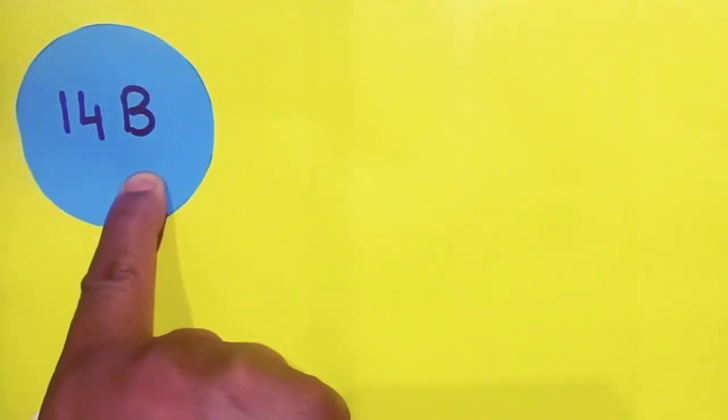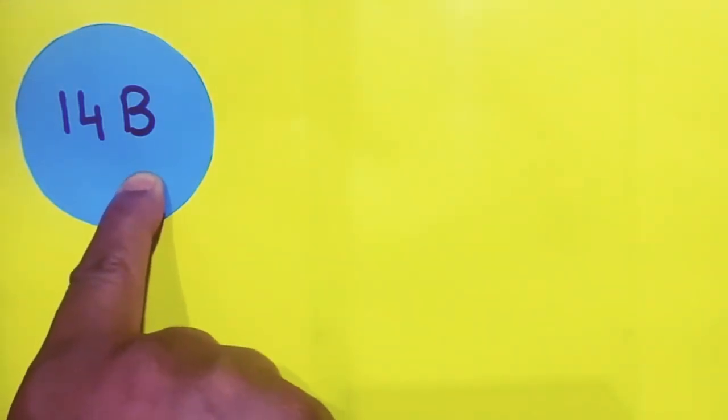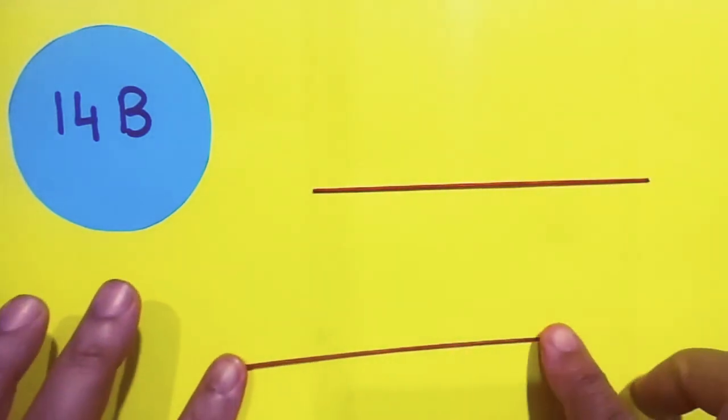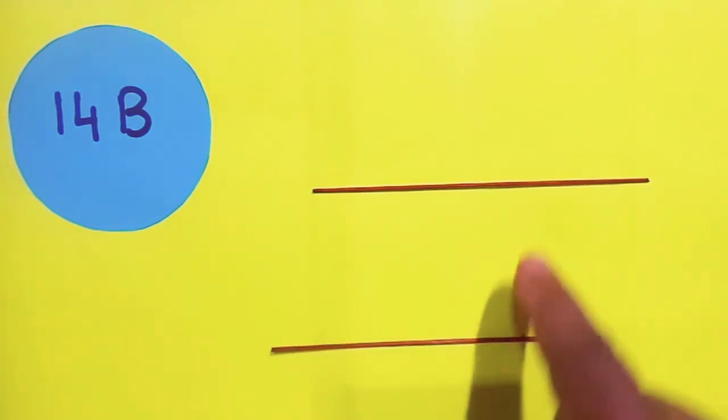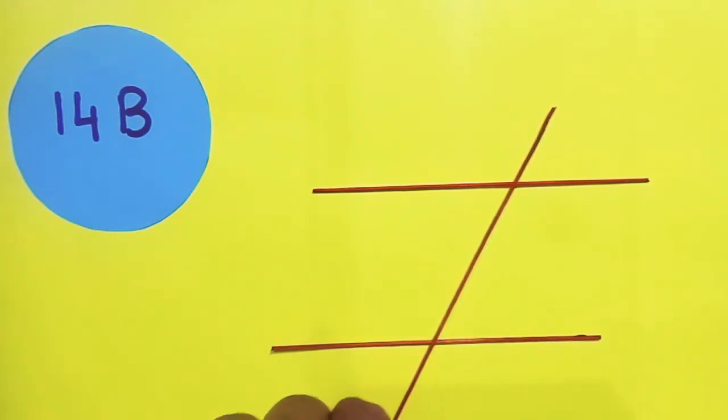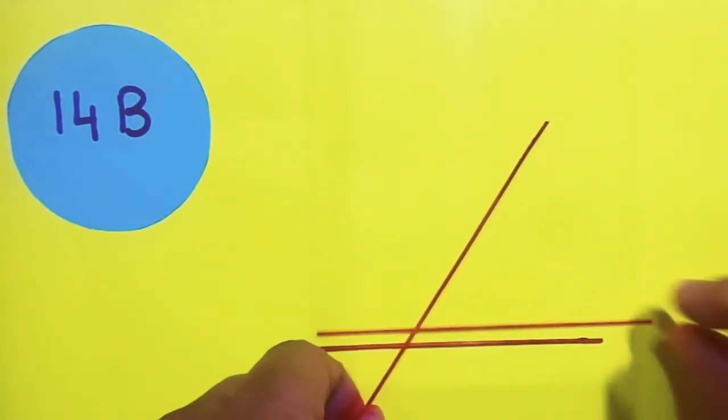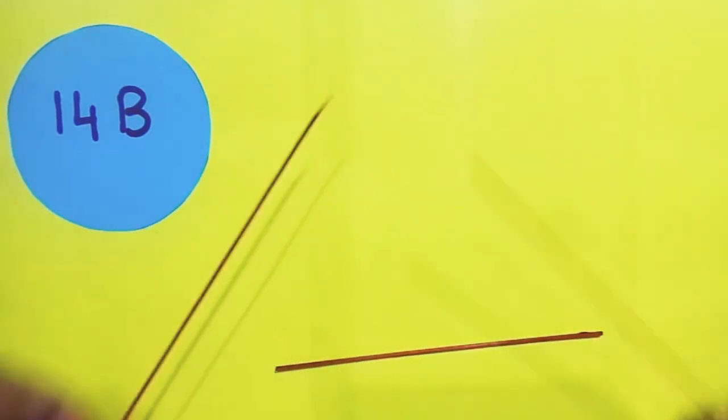So my dear, we are dealing with geometry, exercise 14b, as you all can see, which has been mentioned clearly. And today we are going to play with the angles, different kinds of angles made when two straight lines are being cut by a transversal. So here we see that all these are straight lines. One straight line, two straight lines and three straight lines.